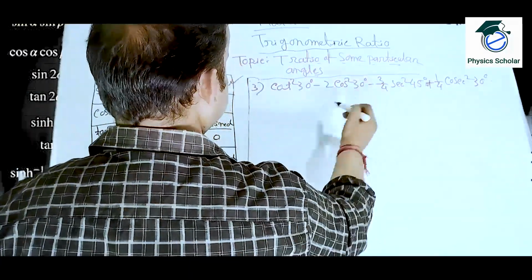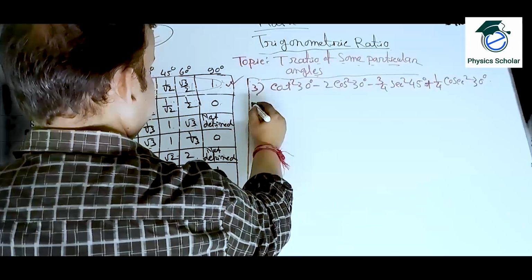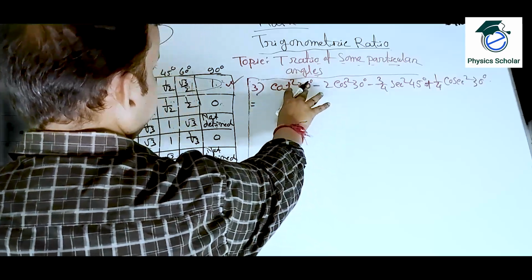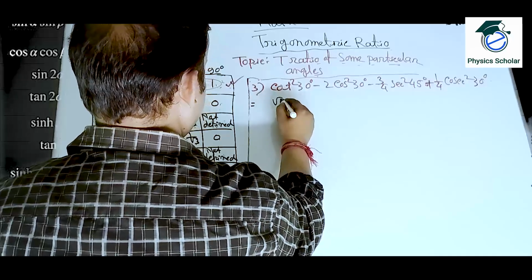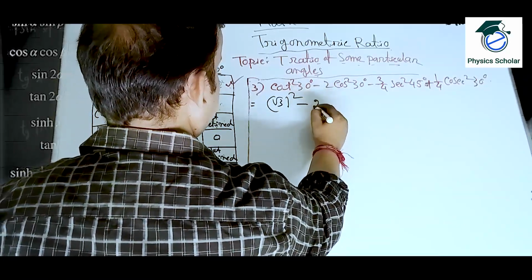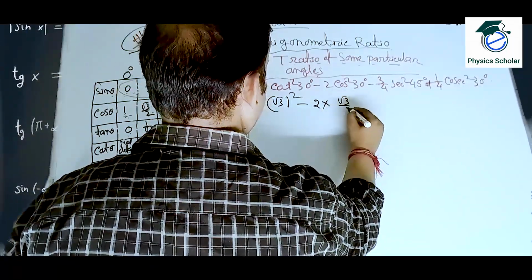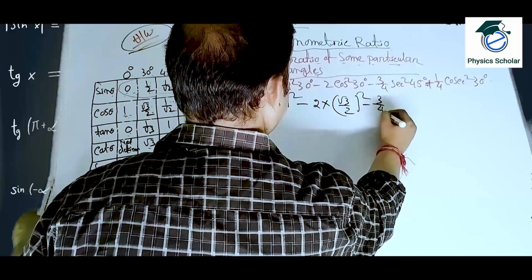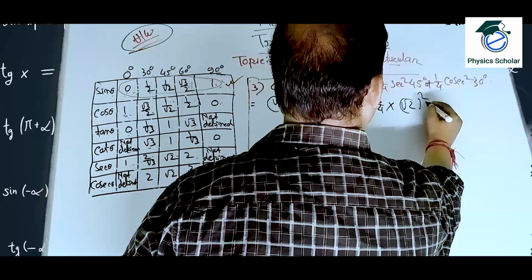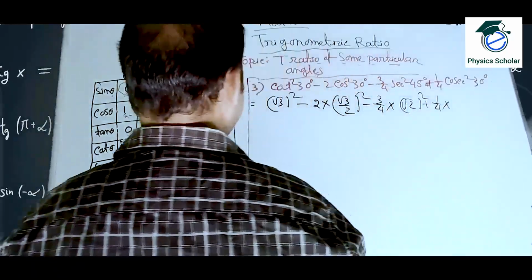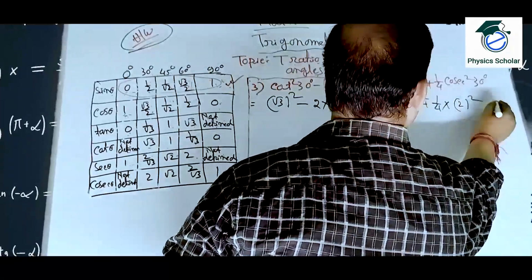Okay, here is another sum: cot square 30 minus 2 cos square 30 minus 3 by 4 sec square 45 plus 1 by 4 cosec square 30, whatever the value is given. Clear? We don't have to bother about that. We just have to find the values. What is cot 30 degree? Root 3. So root 3 square minus 2 into cos 30. What is the value of cos 30? Root 3 by 2. Clear? So root 3 by 2 square minus 3 by 4 into sec 45. Sec 45 degree will be what? Root 2. Root 2 square plus 1 by 4 into cosec 30 degree. Cosec 30 degree will be 2, so 2 square. Clear?